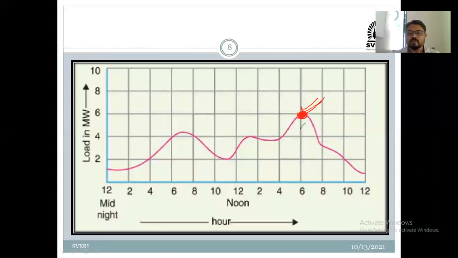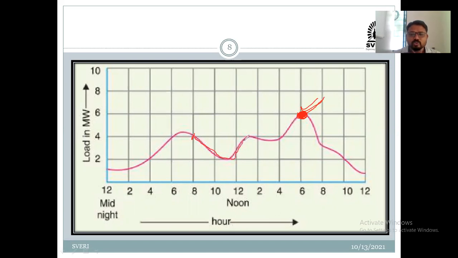See, take the example of our home. In the morning, generally the practice is that persons who are working start going to work at their different places. So there is not that much use of electricity in the home. That's why this curve is sluggish down.